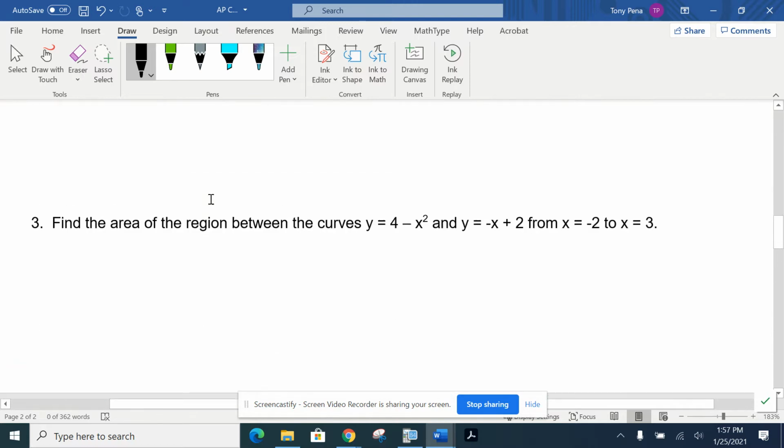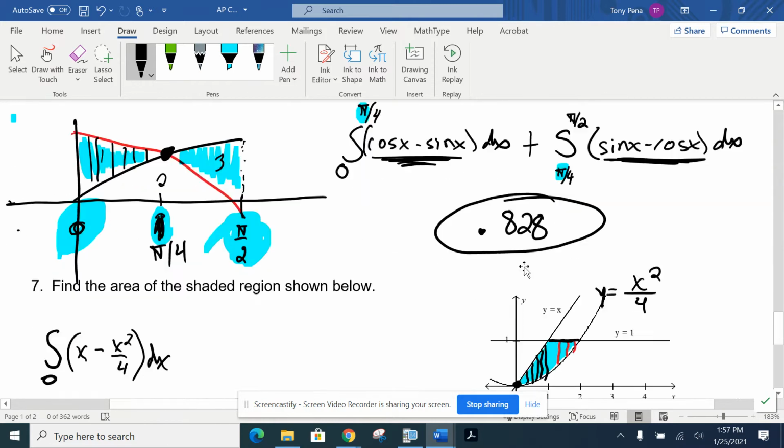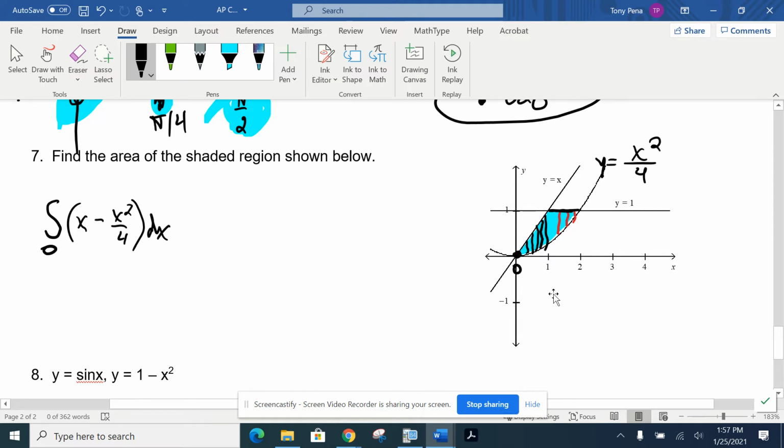And we did number 3 on Friday. I don't have it shown, but if you look, there were 3 different regions, so we needed 3 different integrals. That's pretty obvious. Here we only have one region, but we still need to set up multiple integrals. So don't just assume that there's a direct correlation there. We need to set up another integral because at this point right here, at the x coordinate of 1,